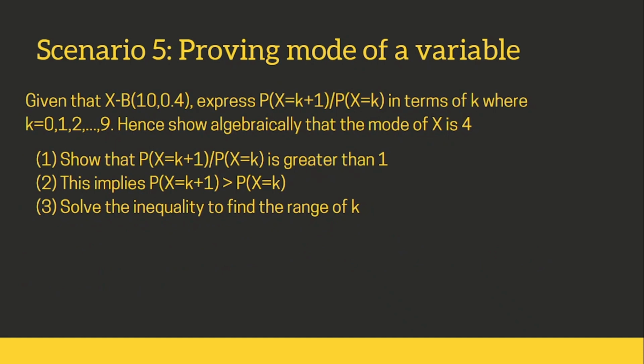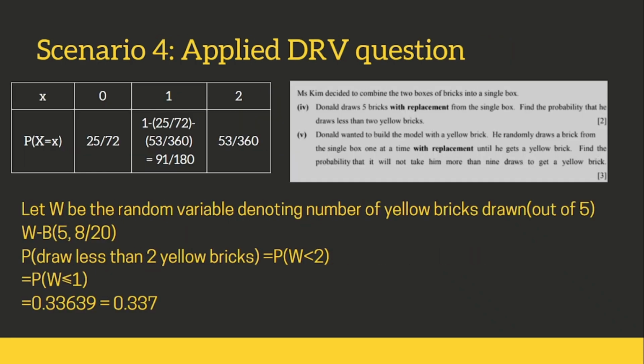Here, next question is proving the mode of a variable. So for these questions, you have to prove algebraically that the mode of a certain binomial random variable is a certain number, which in this case they want to show is 4. So usually how we do it is that we want to show that the probability of P(X = k+1) is greater than the probability of X = k, or on the other side, the probability that a specific value is greater than any probability value greater than or less than that specific one. So the thing is that there will be a bit of a domino effect. We already saw in the previous part that